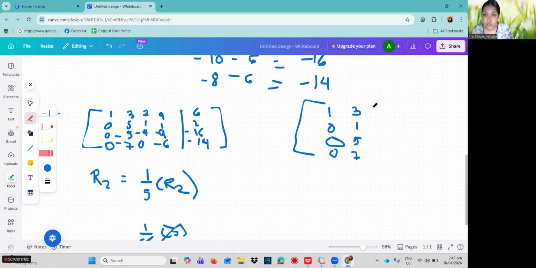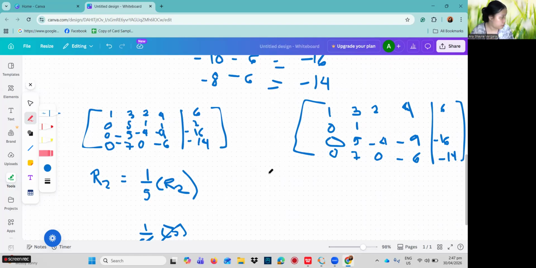And also the 2, then negative 4, and 0. Then 4, negative 9, and negative 6, and then 6, negative 16, and negative 14. So now we will be solving this.